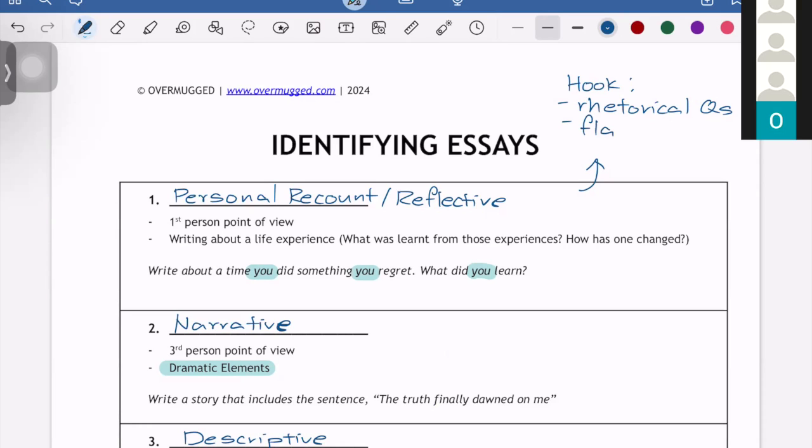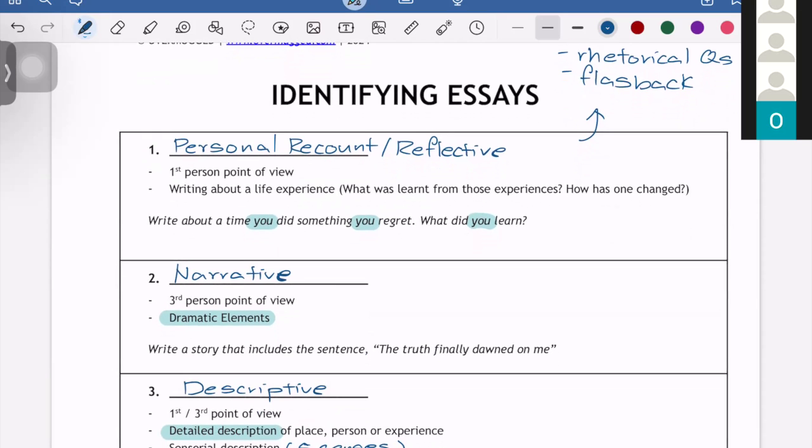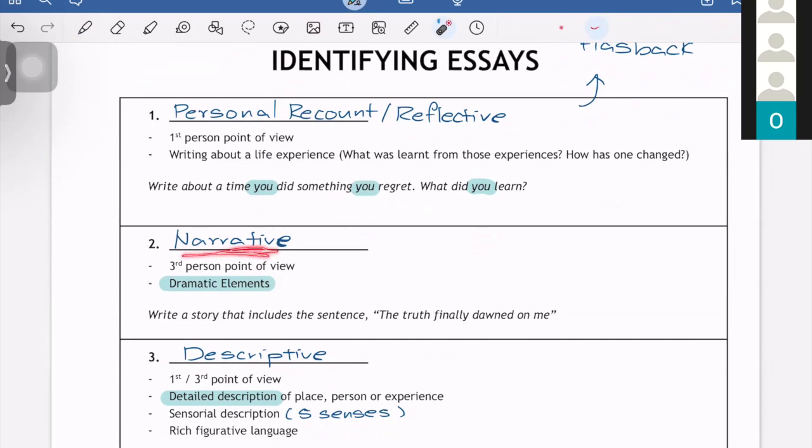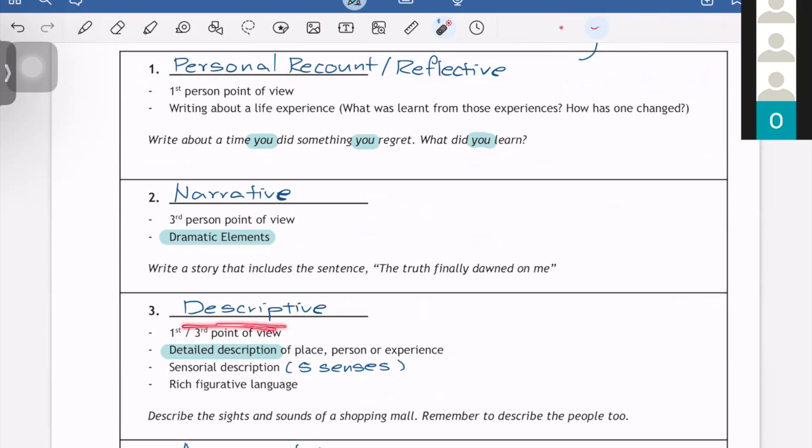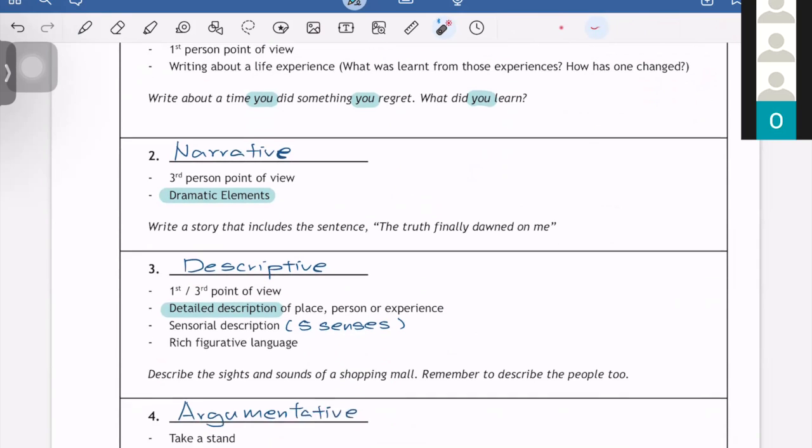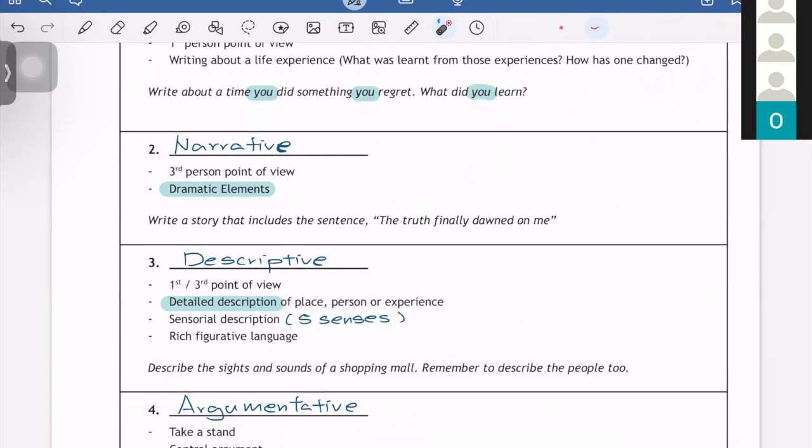Okay, it includes flashback. So this is usually what you would include for a hook of the essay. Narrative, usually you just go straight into your story. Descriptive as well, you just immediately start off with your descriptions of the setting that they have requested you to describe. For argumentative, expository, and discursive,